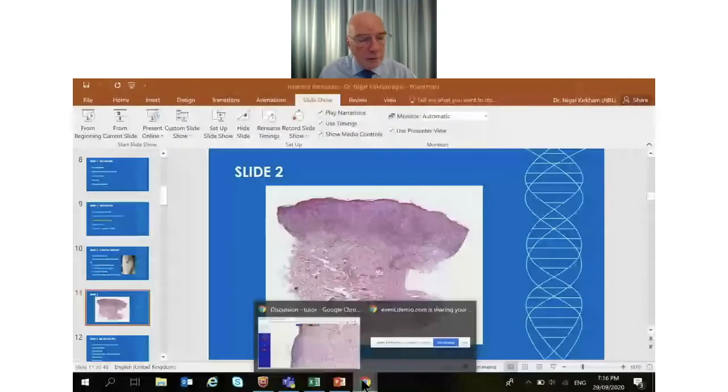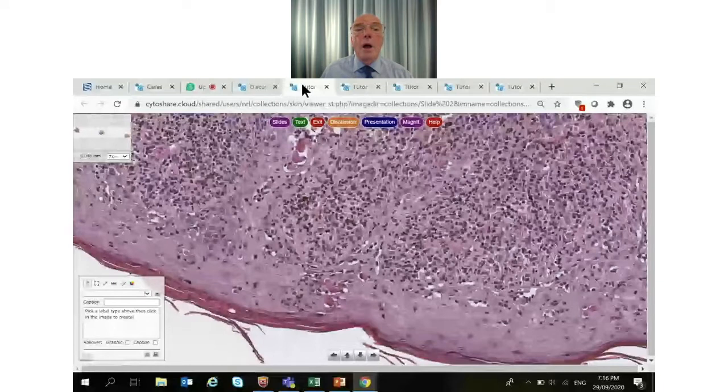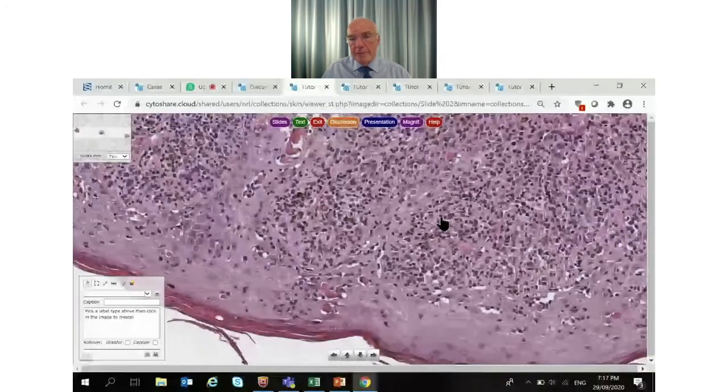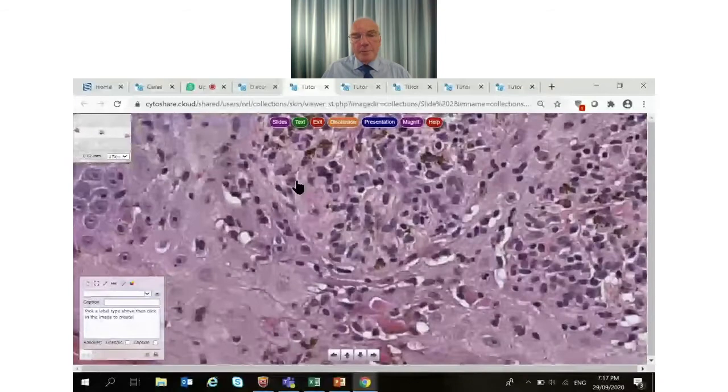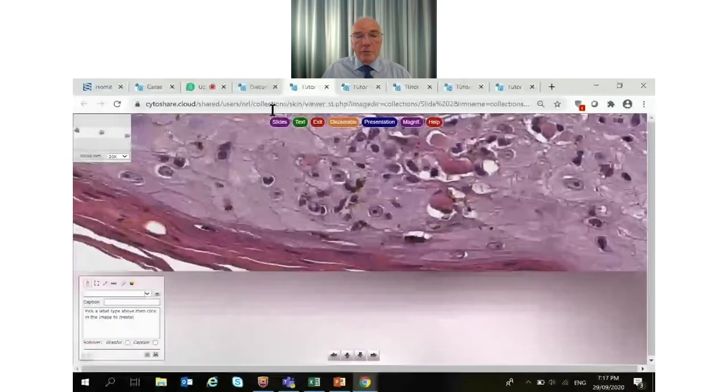So let me show you the slide. The slide's upside down, unfortunately, but it's quite different. It's lichenoid in the same way as the first slide, but there's much more going on here. You can see the whole base of the epidermis is obscured by a dense infiltrate. And we look at the